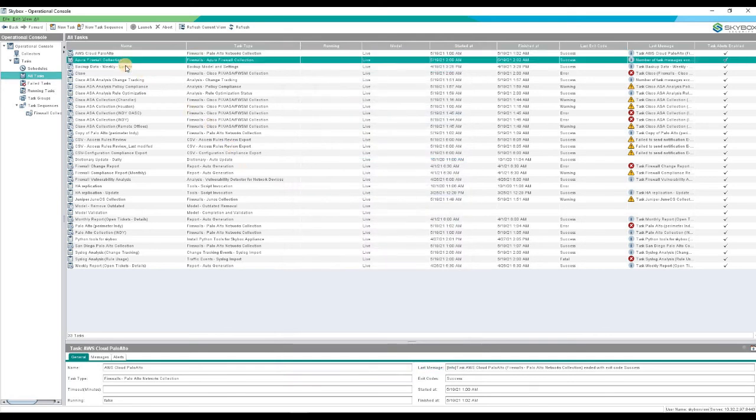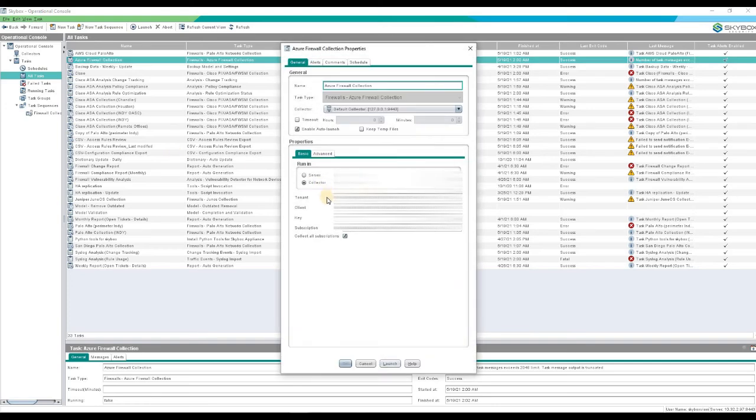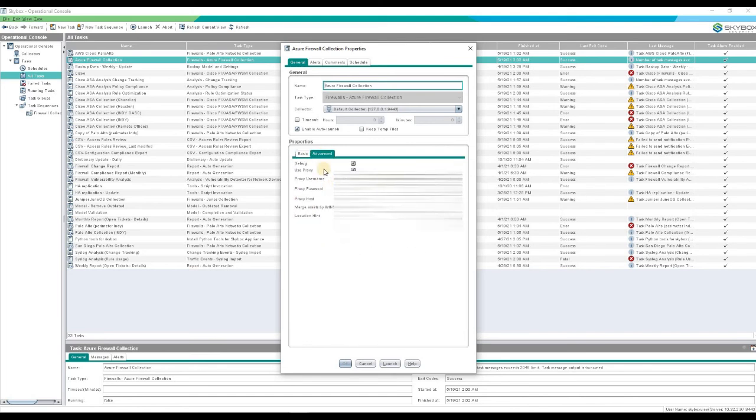I'm going to show you the existing firewall collection that I did for my infrastructure. For security reasons, the highlighted gray area is protected, and I'm using the proxy for collecting the Azure firewall information from the Azure portal.